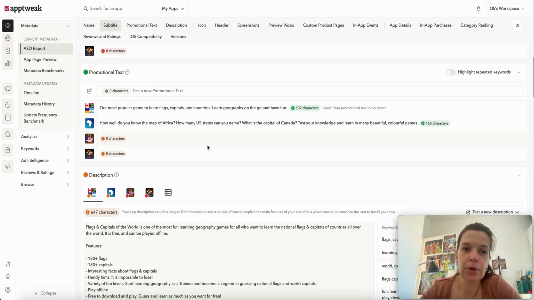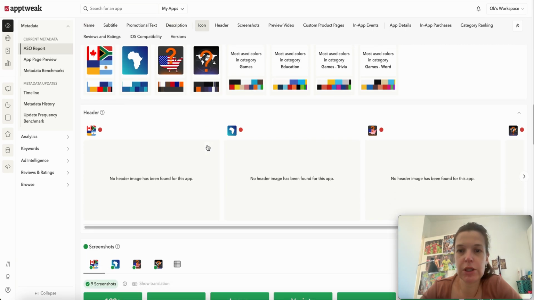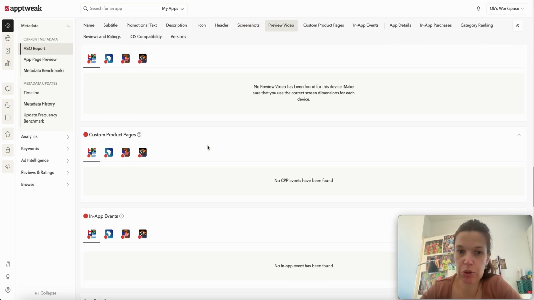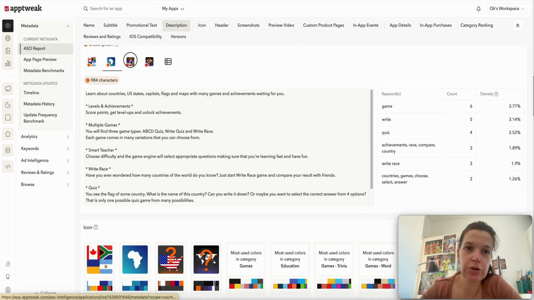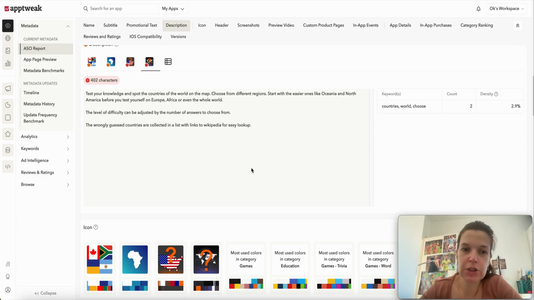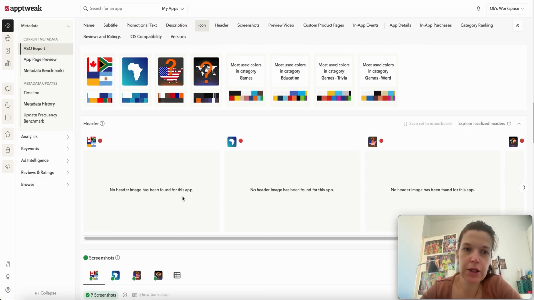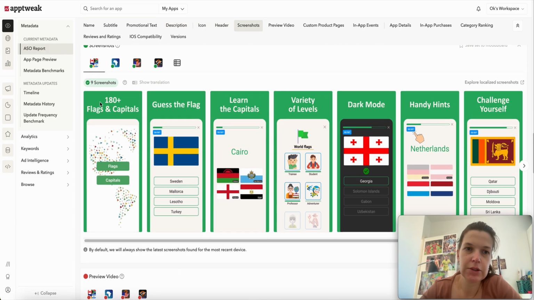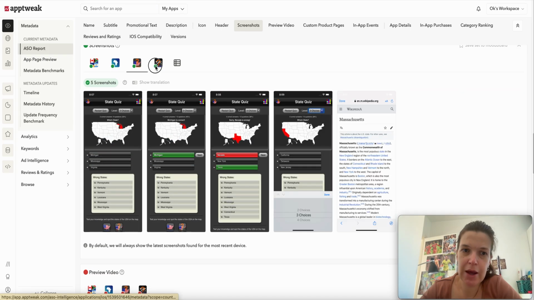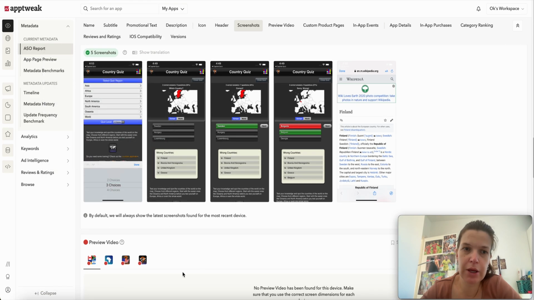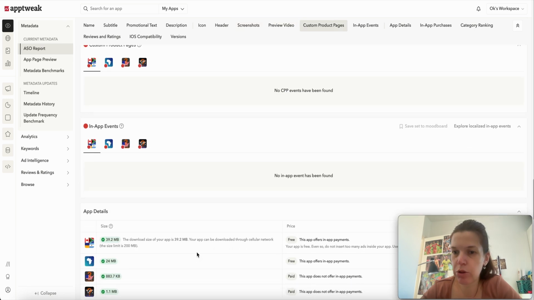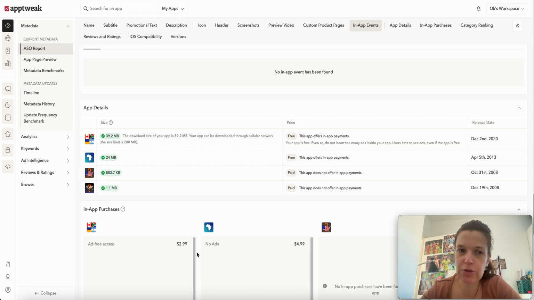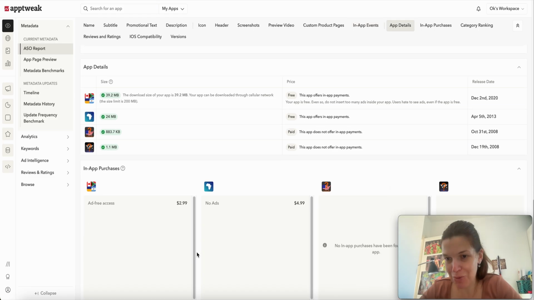Then you can scroll down and just see what kind of data AppTweak will show you. You can see your own description, the description of your competitors that you selected. You can see icons that you have. You can see screenshots that each of these apps have, etc. Whether the app has a preview video, whether it has any custom pages, whether it's running any in-app events, etc., etc. But that's not the topic of this video, so we will go ahead and start doing the keyword research